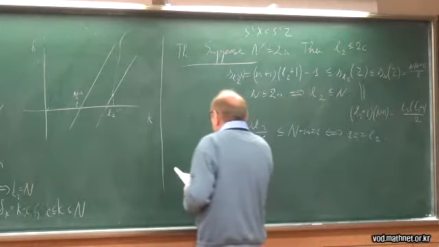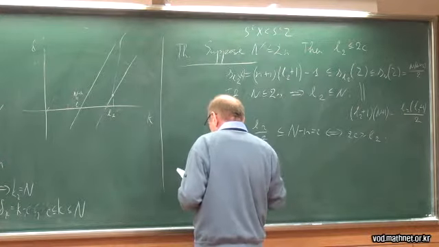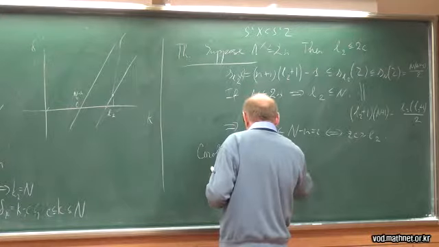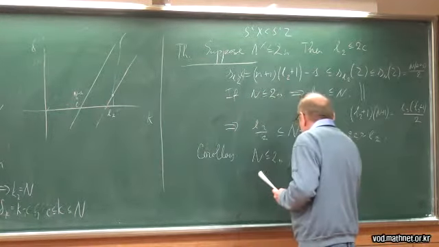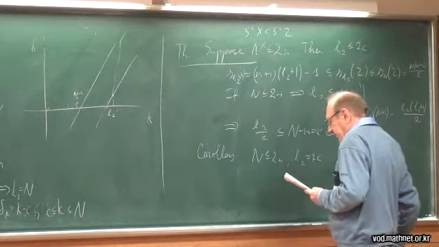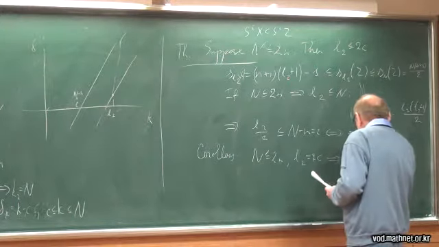And so we have a corollary. If we have this variety of small codimension and L2 is equal to 2c, 2 times the codimension, then we have this equality,